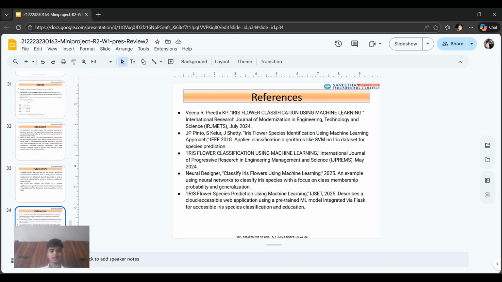References: Vinitha, Preeti K.P., Iris flower classification using machine learning, international research